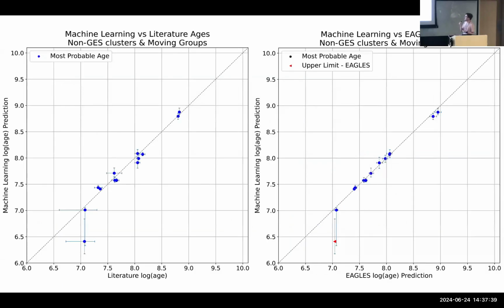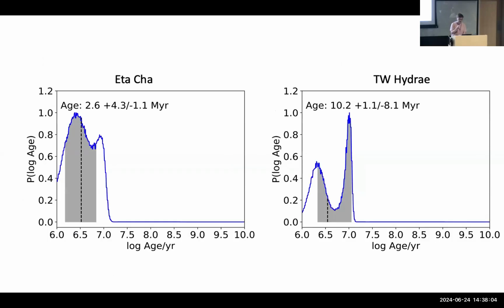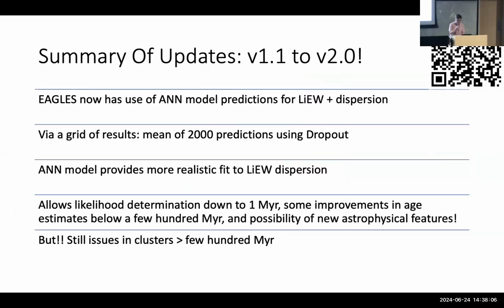On our non-JES sample, so not the clusters that we've trained on, we're seeing, again, very good fits to the data. We're still getting reasonable fits, and we're still very, very close to the EAGLES estimates. You might see those two at the top there, slightly above 8.5 in log age, and think, well, that's brilliant. Unfortunately, Hyades and Praesepe, they're still not fitting very well. So we're showing that we need some more in the model to make sure that we get what we need.